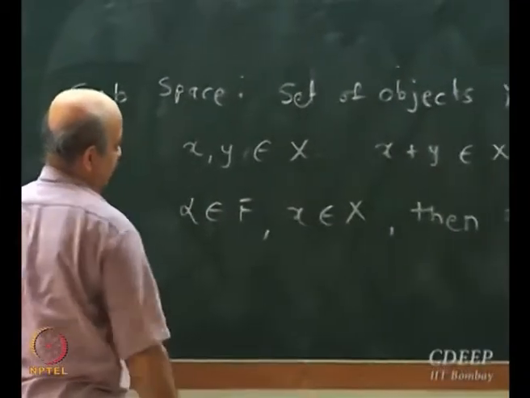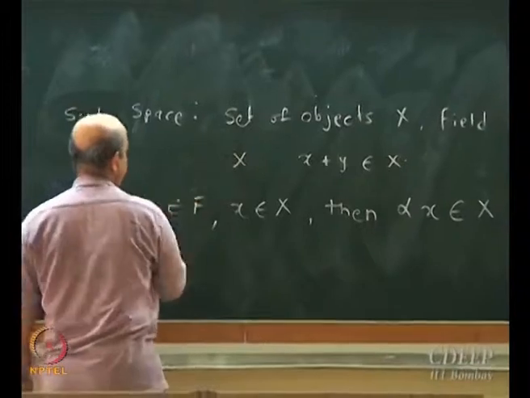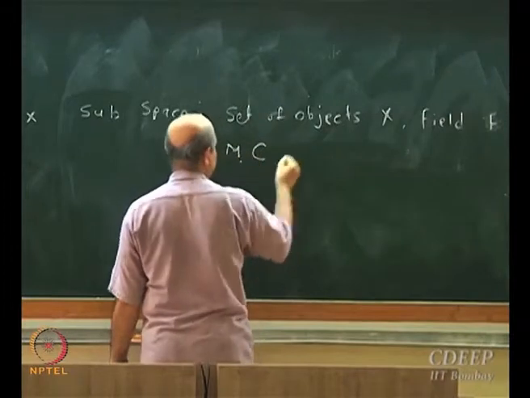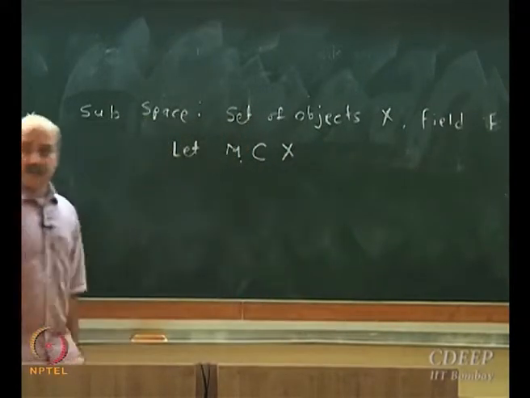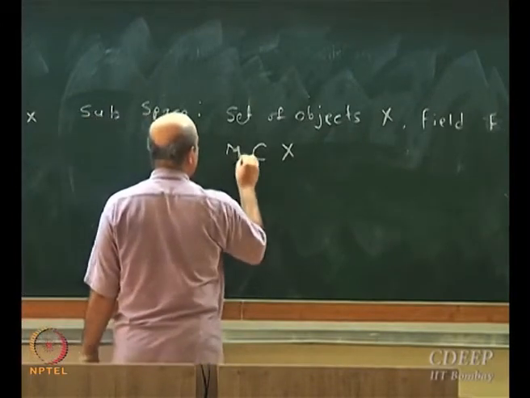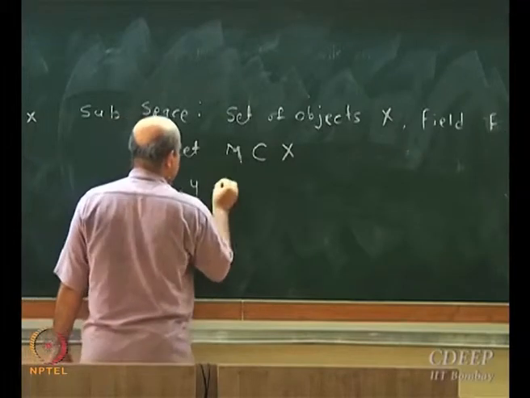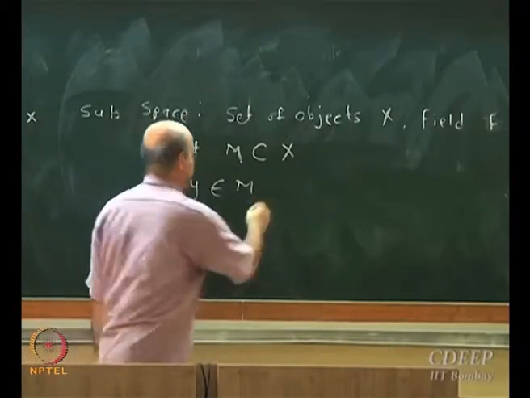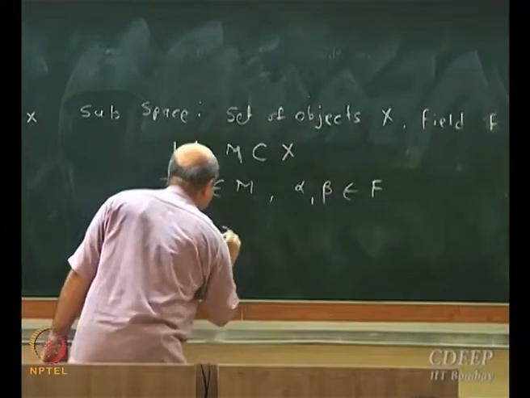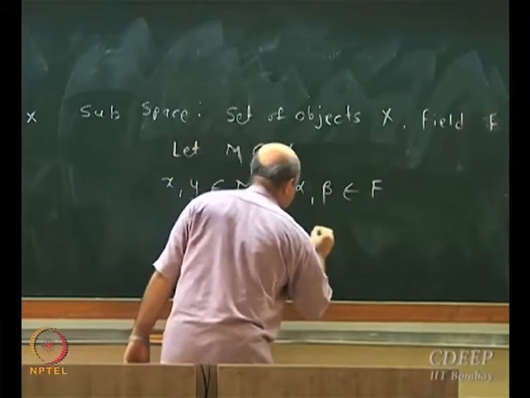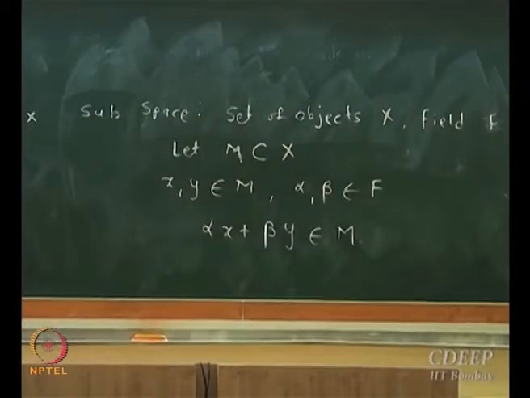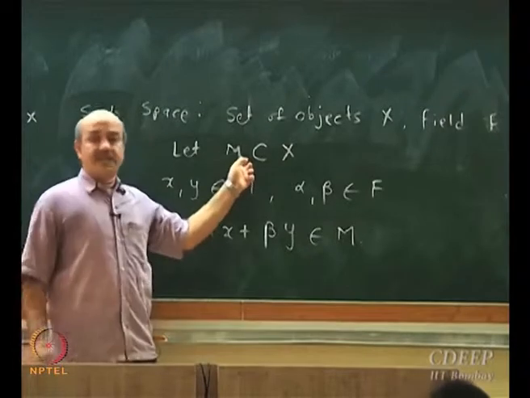So I have a set of vectors X and a field F, and let M be a subset of X. M is some non-empty subset of X. If I take any 2 elements in M, x and y, they belong to M, and alpha, beta belong to F, then alpha x plus beta y should belong to M. The way we define a subspace is a non-empty subset